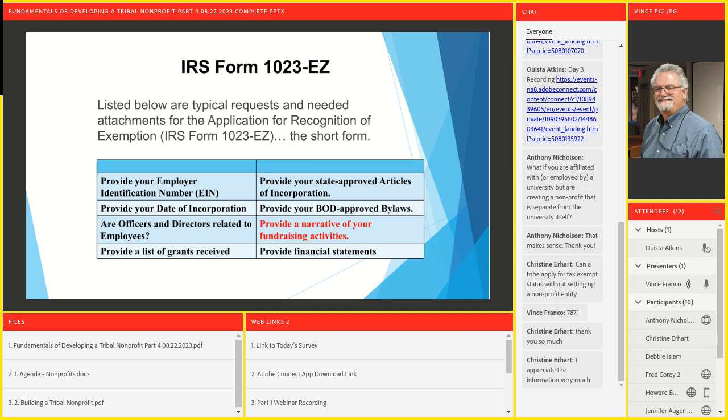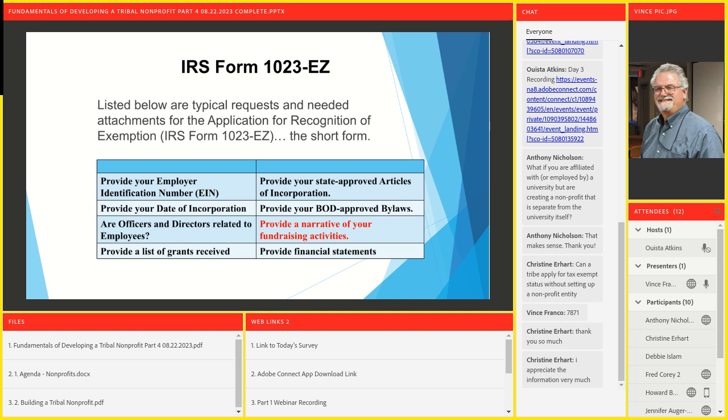Bottom left, provide a list of grants received, if any. Now, as you're not a nonprofit yet, you probably aren't going to have anything listed there. You're going to have a none for actual grants received. Now, that doesn't mean you don't have that, it's a double negative. Provide a list of grants. The answer is no.